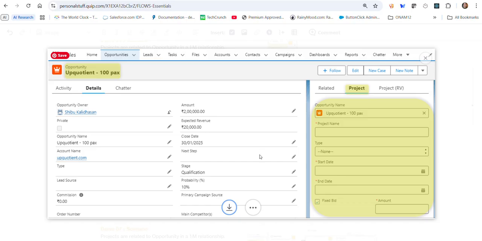outcome of this requirement is, within the opportunity detail page, you need to have a project tab and a wizard of this sort, which by default displays the name of the opportunity in context, then the project name, type. So there are multiple types. It's a pick list again, the start date and end date, and a little bit of validation here. The end date should not precede the start date, and the fixed bid checkbox and the amount